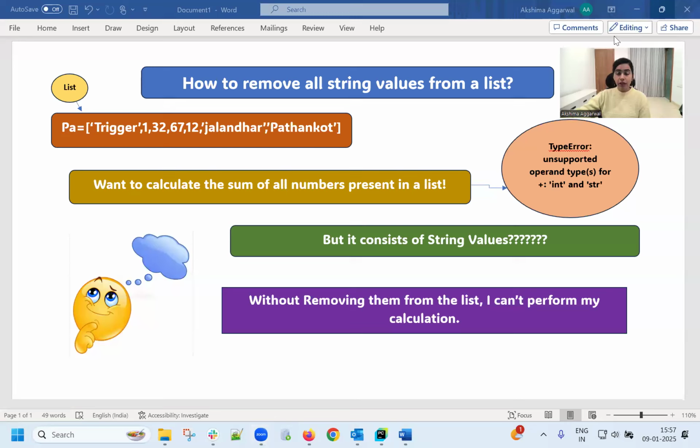Hello friends, today we are going to solve one simple problem which we are facing on a daily basis while performing any calculation on a list. Because list is a heterogeneous data structure which consists of elements of all data types. And if we want to perform any arithmetic calculation on the numbers which are present inside the list, it is really difficult for us to perform because we are getting the type error because arithmetic calculation does not support the integer and the string. So the question is how to remove all the string values which are present inside a